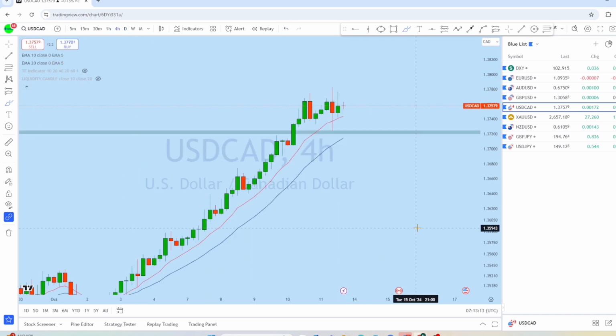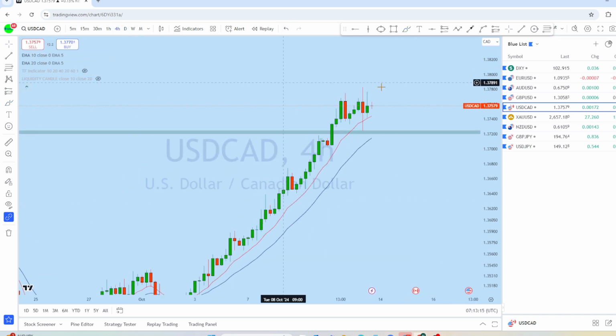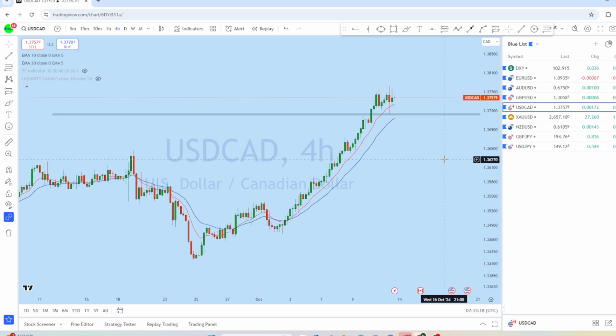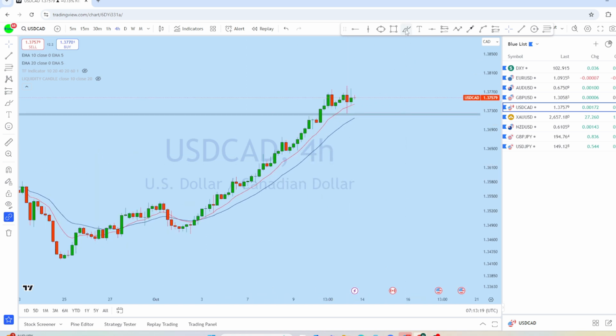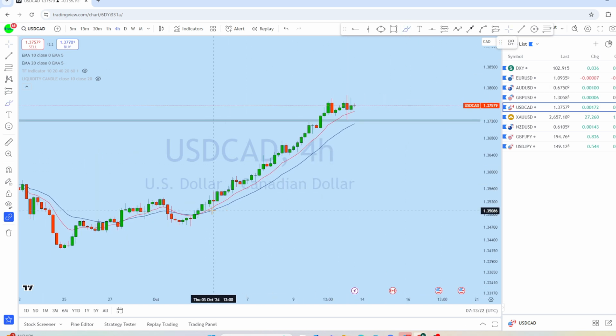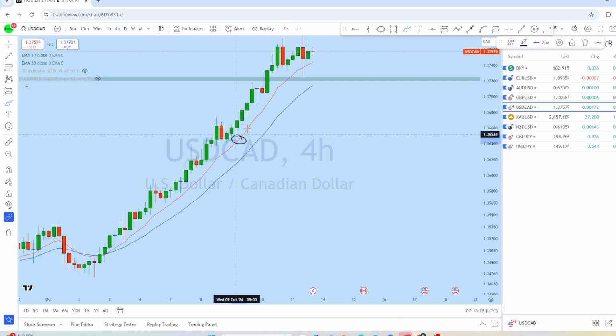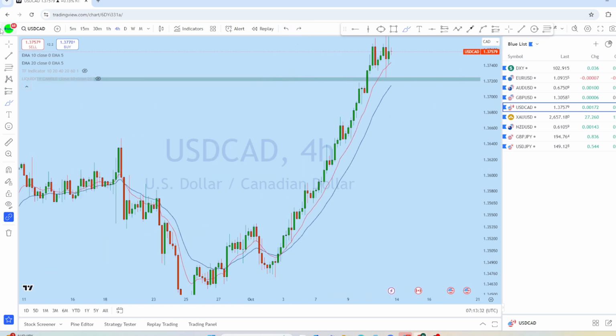If we look at the 4-hour time frame, from the lower time frame the market structure is ultimately very strongly bullish. We can see the market forming a series of higher lows, and along the way we saw quite a few stronger liquidity candle formations that grabbed a massive amount of liquidity.